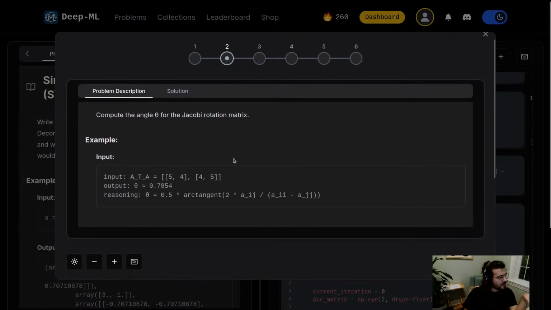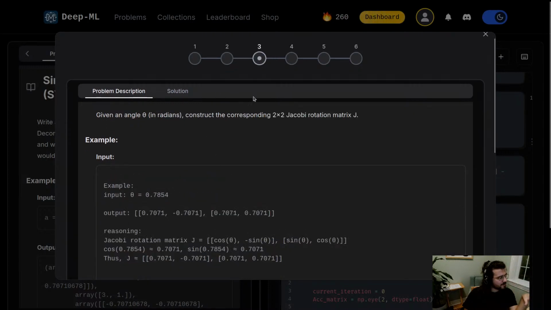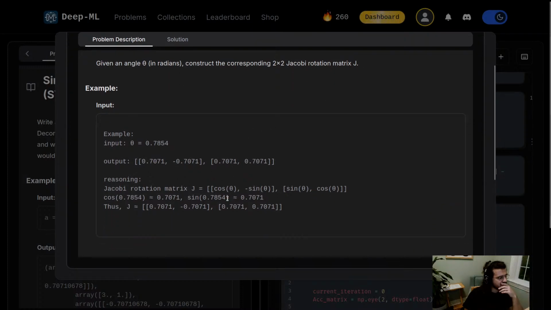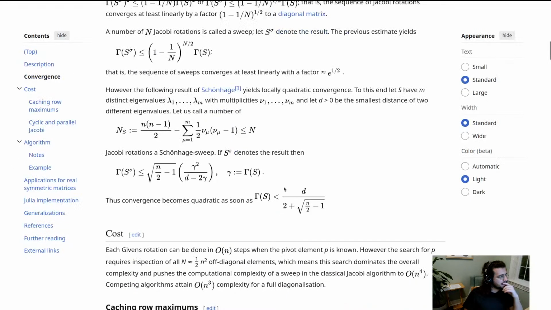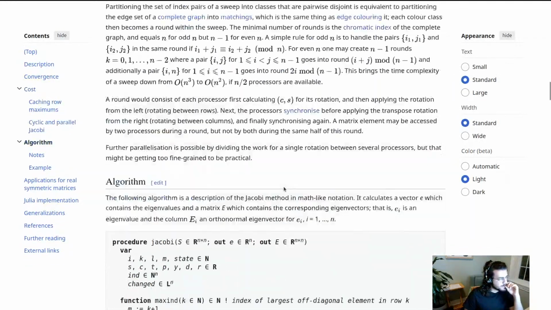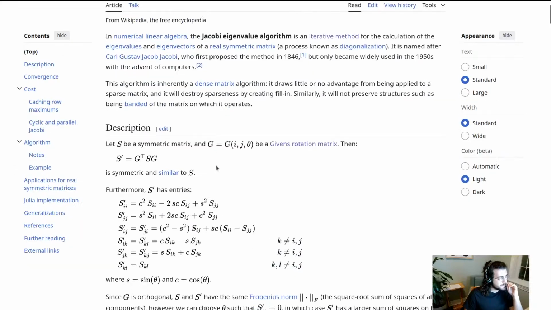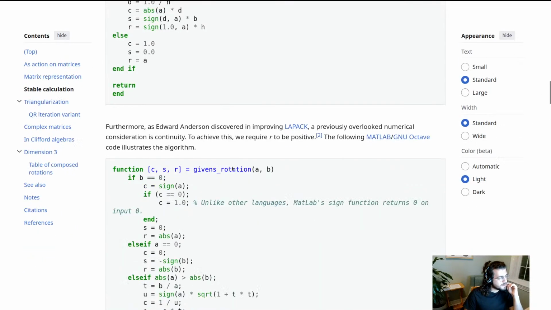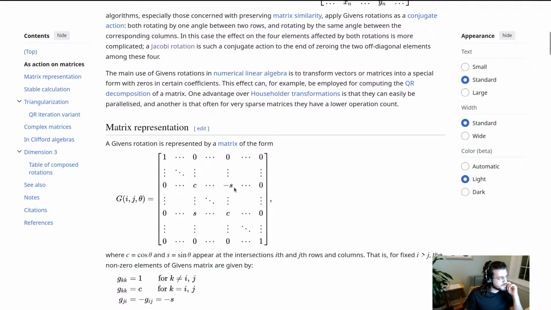Oh wait, yeah. How do we make the Jacobian matrix, right? So cos, minus sin, cos, but it's not supposed to always be like that. Yeah, and I think I'm just messing it up based on it's not this one, the given rotation, because